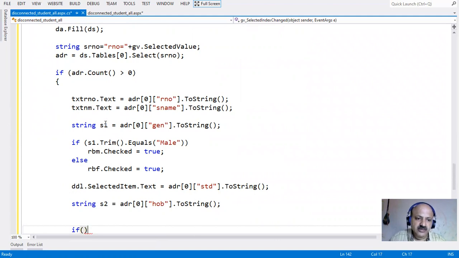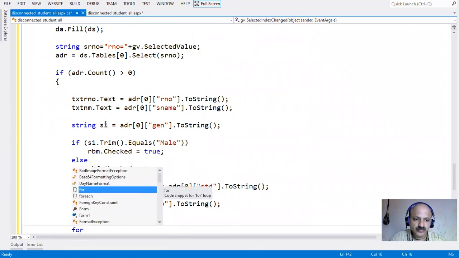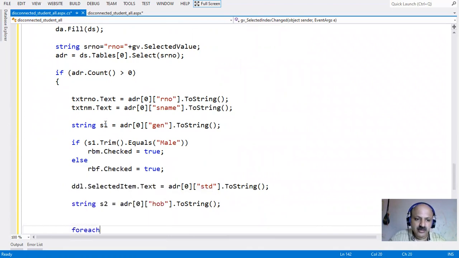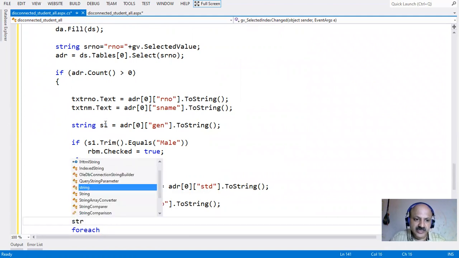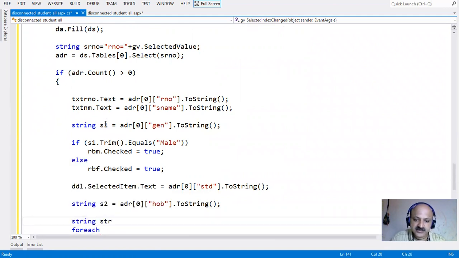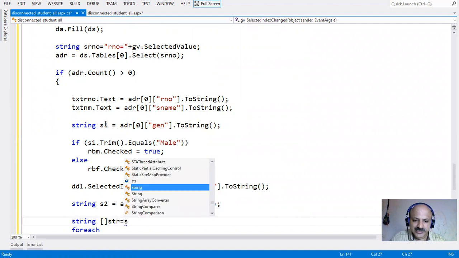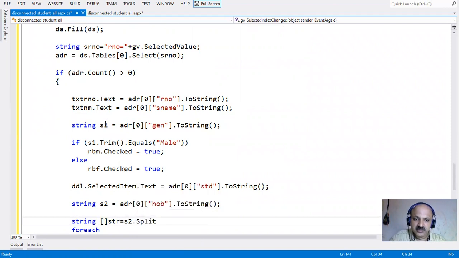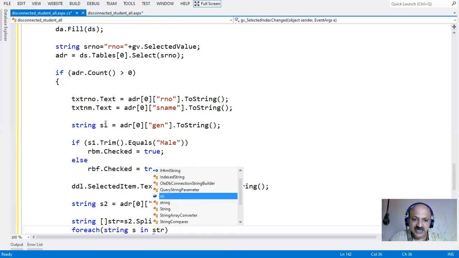First we take a foreach loop, and first I take a 1D array, str array. Here the s2 dot split function is used so we can separate our hobbies, because we provide a blank value in between. We use the string in the foreach loop over str.